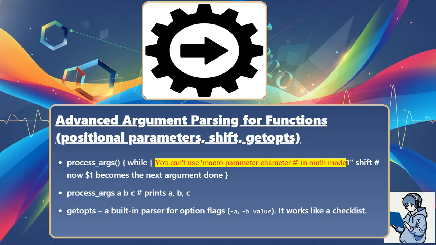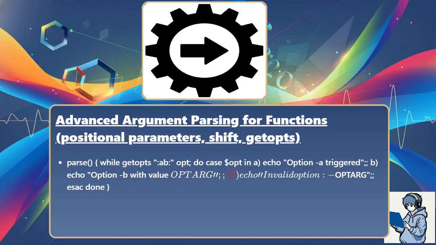getopts, a built-in parser for option flags like -a -b value. It works like a checklist. parse function: inside, while getopts ":ab:" opt; do case $opt in